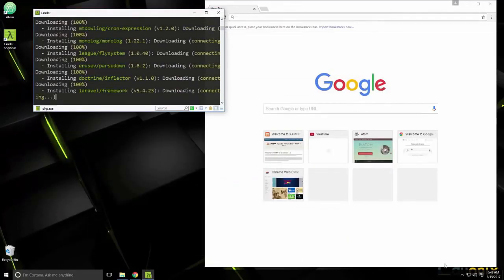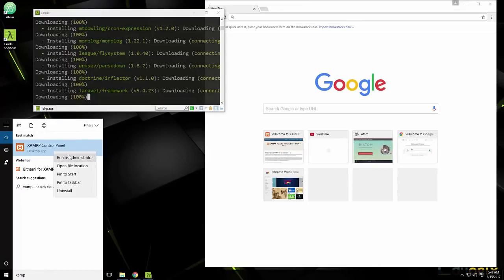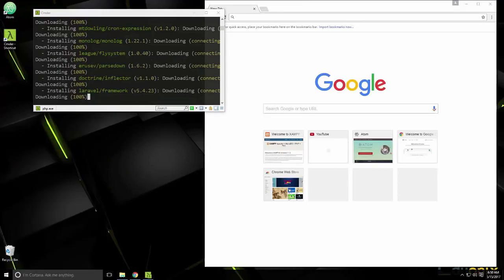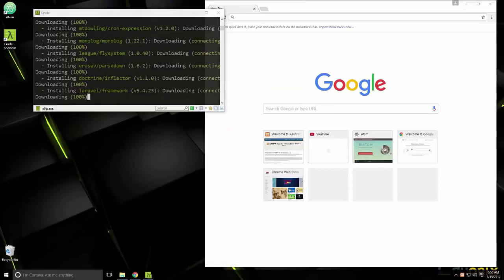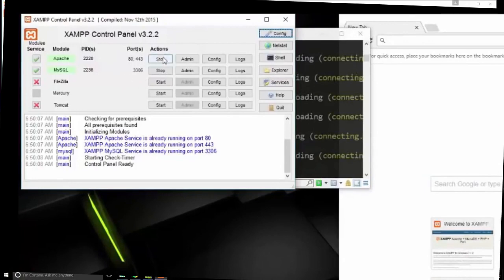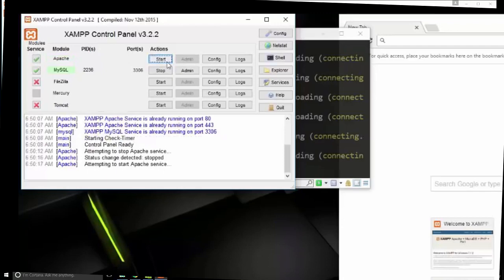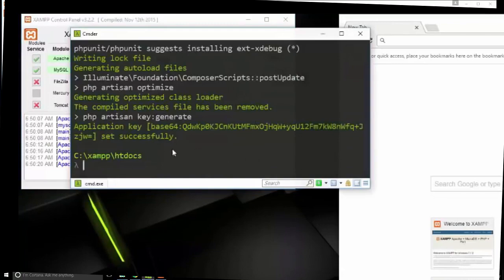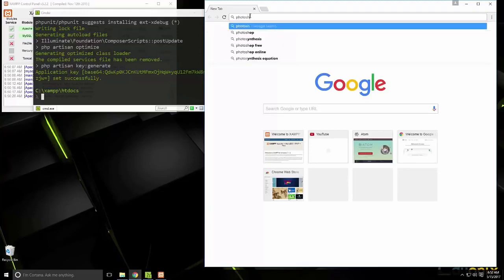So now that that's all set, we just need to restart Apache. So I'm going to open up my XAMPP panel. Say yes. Alright, and then we just want to stop Apache and then start it back up. Okay, and then that's all set. So now we should be able to go to, what was it, photoshow.dev,